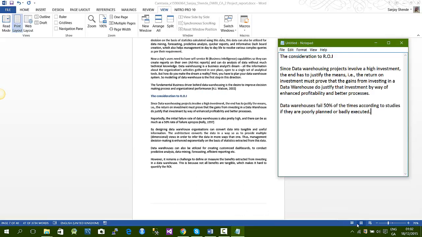An important consideration for a data warehouse is that we must consider the return on investment, or the ROI. Since data warehousing projects involve a high investment, the end has to justify the means. That is, the return on the investment must prove that the gains from investing in a data warehouse justify that investment by way of enhanced profitability and better processes. Data warehouses are reported to fail 50% of the time, according to studies, if they are poorly planned or badly